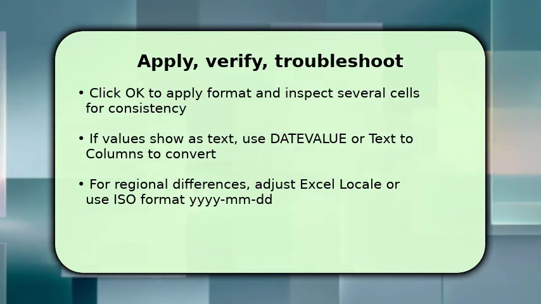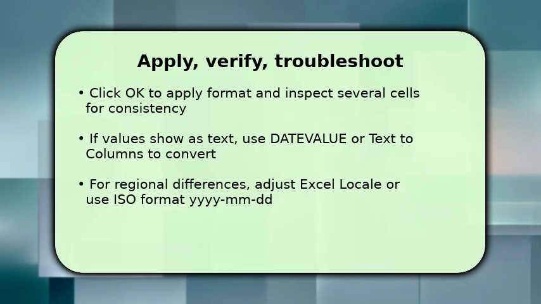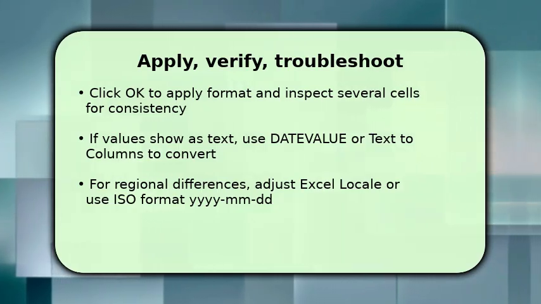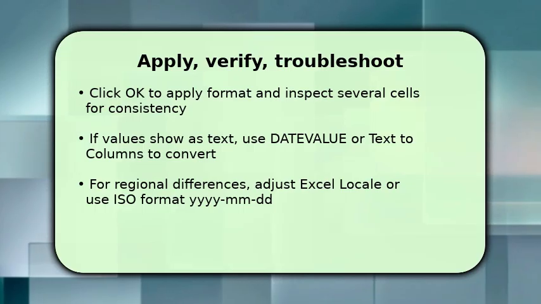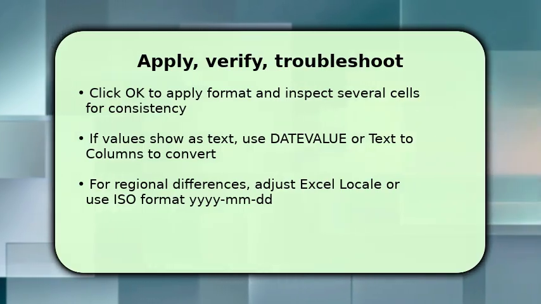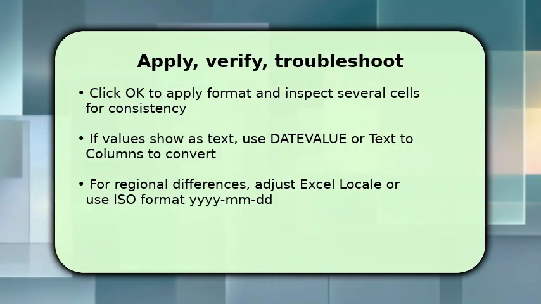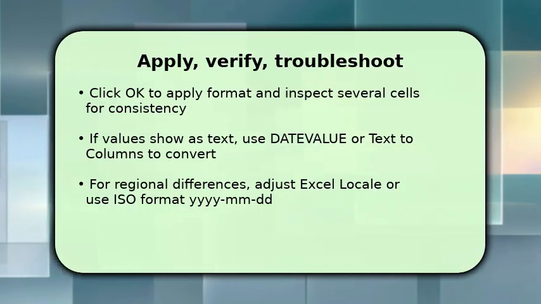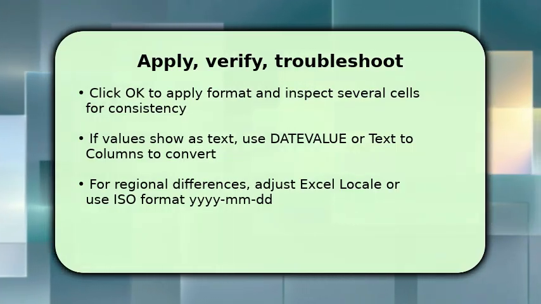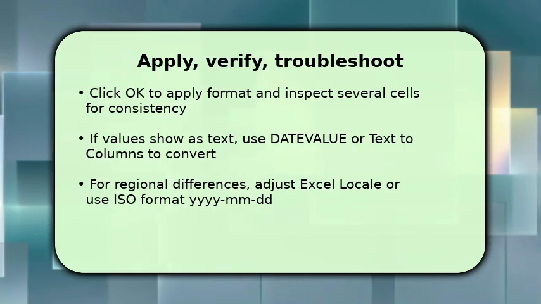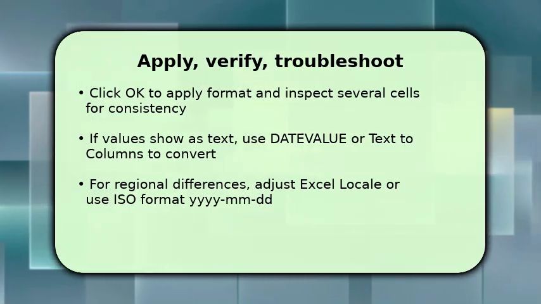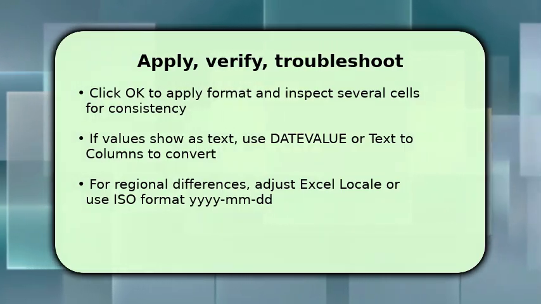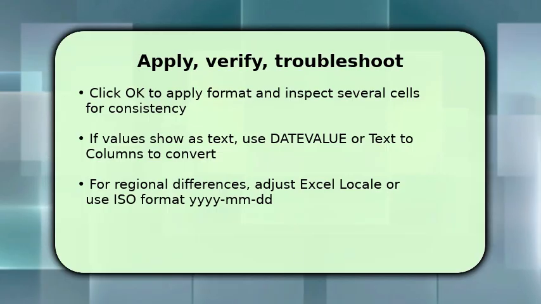If some entries still look like text, convert them using Text to Columns or DATEVALUE so Excel stores serial dates. This restores correct sorting and calculation. If formats differ because of regional settings, change the locale in Format Cells or switch to the unambiguous ISO pattern YYYYMMDD. If problems persist, make sure there are no leading apostrophes or mixed data types in the